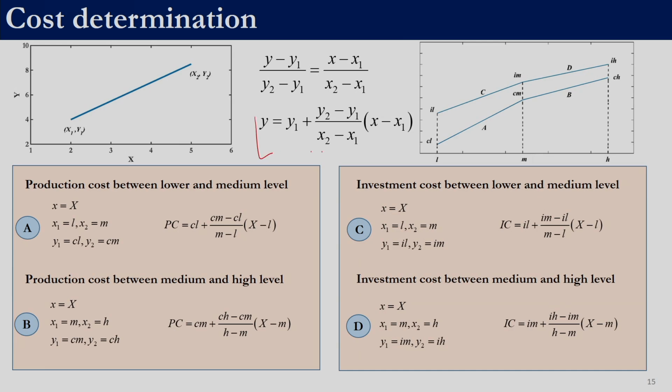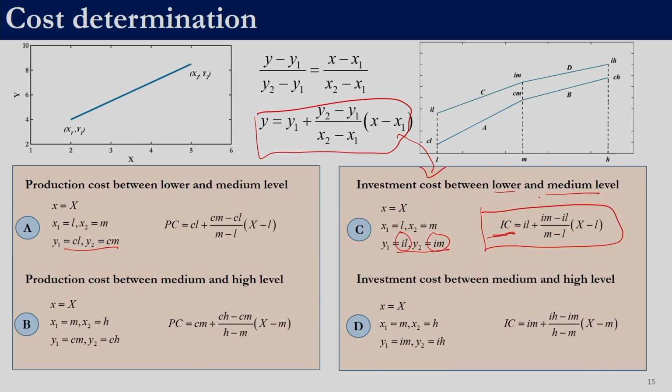So, this equation is still the same, right. Here we were substituting CL, Cm for finding out the production cost. Here we need to substitute IL and IM, right. So, IL and IM are the investment cost. So, the total investment cost if the production is between lower and medium level can be calculated by this equation,